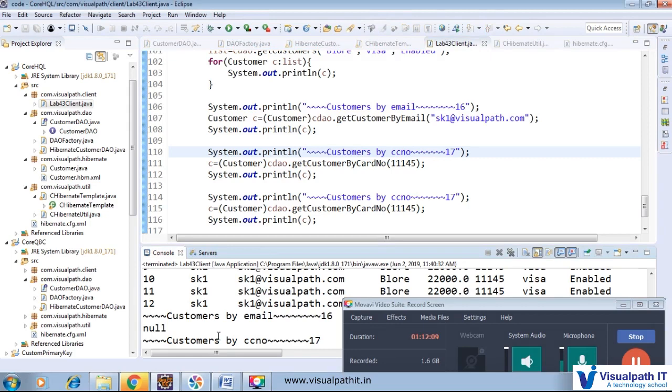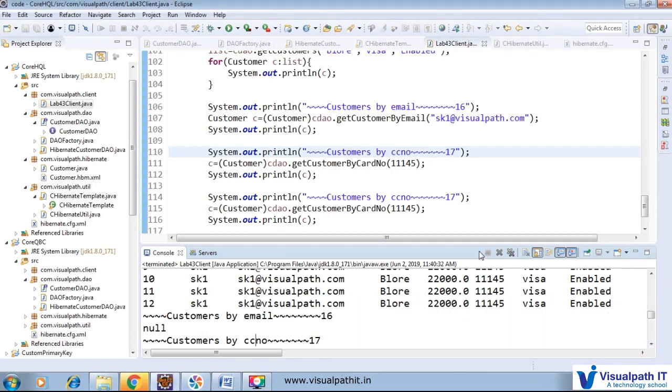So now we are getting that customer email ID equal to null. So that functionality works.